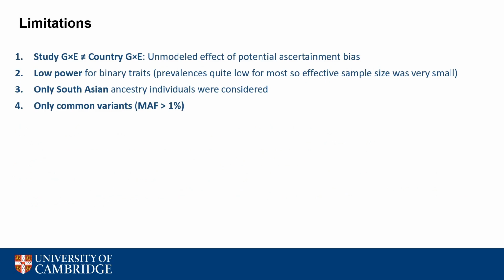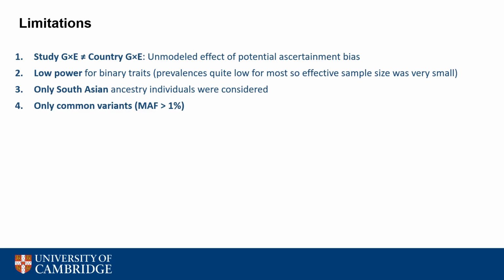Finally, here are a few important limitations. The main one is, of course, that with a single pair of studies, it is not possible to separate the confounding of the study itself. With a single pair of studies, I could only perform gene-by-study interactions, rather than genuine gene-by-country interactions. The latter would only be possible if you had access to multiple studies. This is something that we are actively considering now, to expand to utilize more studies.